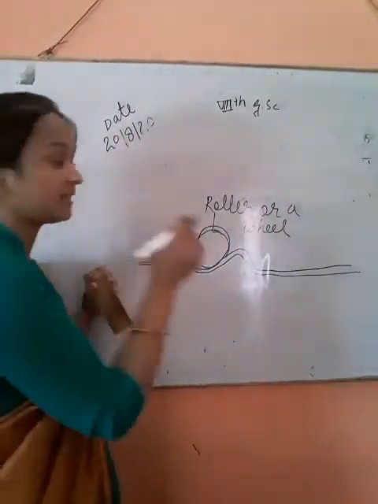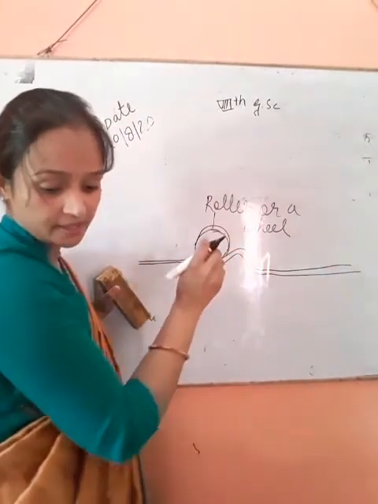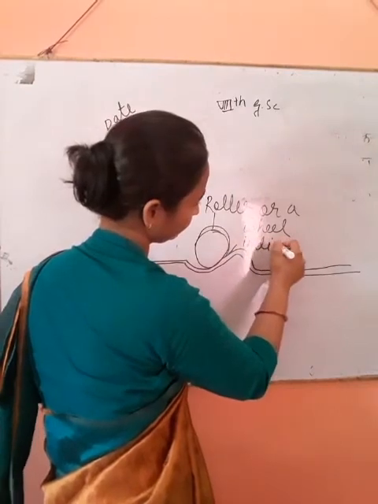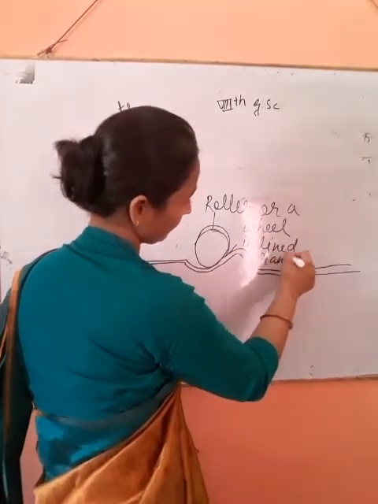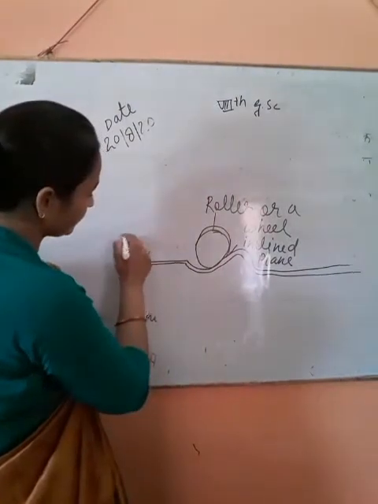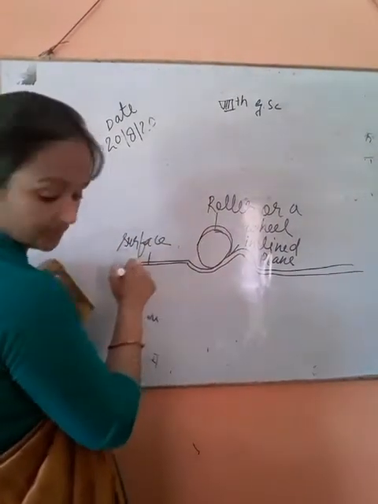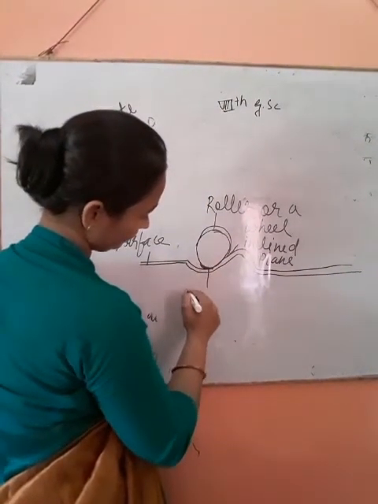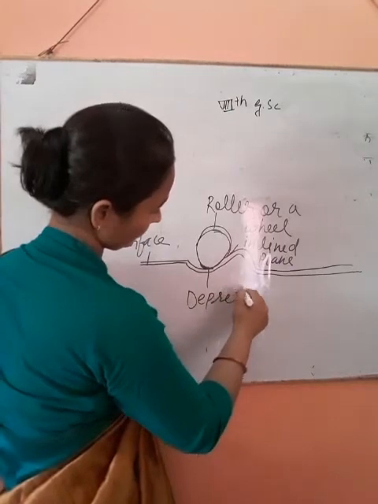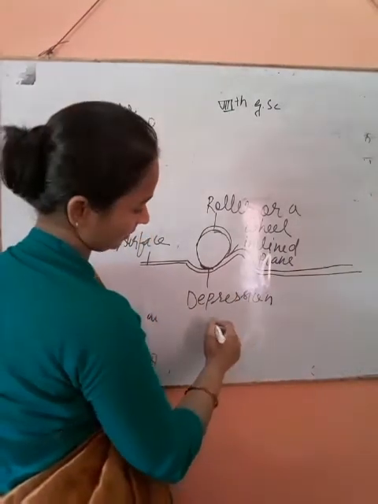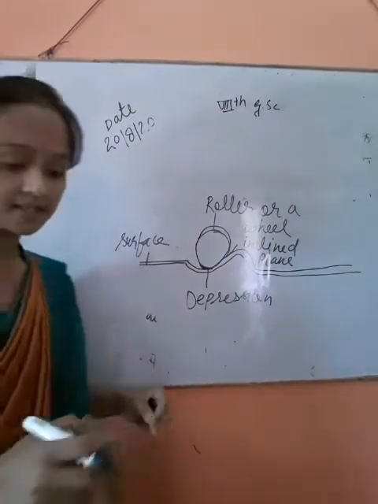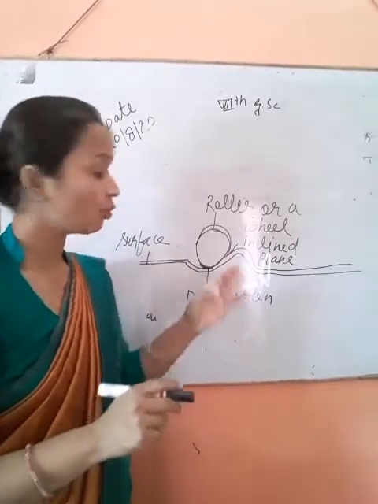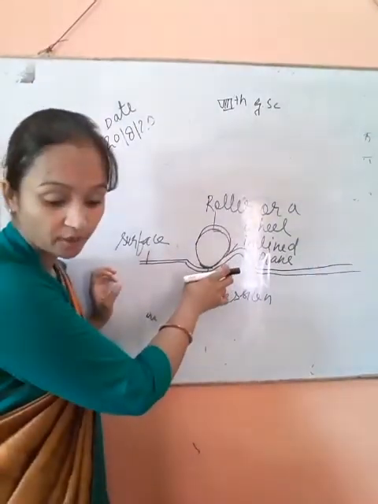In the diagram you can see that this is the roller or a wheel, this is the inclined plane, and this is the surface, and here is the depression. From the above discussion, it is clear that the smaller the depression